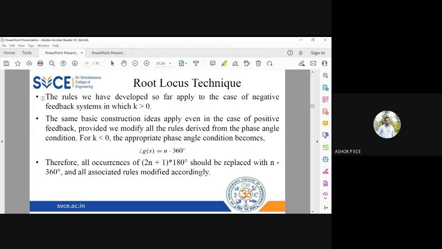Whatever rules we have developed are only for negative feedback systems. The same can be applied for positive feedback, provided we modify the rules for the phase angle condition. For k less than 0, the angle will be n into 360. So wherever you have odd multiples of 180, you should replace it with integer multiples of 360. Because for positive feedback, the parameters are going to change, the conditions are going to change. For negative feedback, it is odd multiples of 180, and for positive feedback, it is integer multiples of